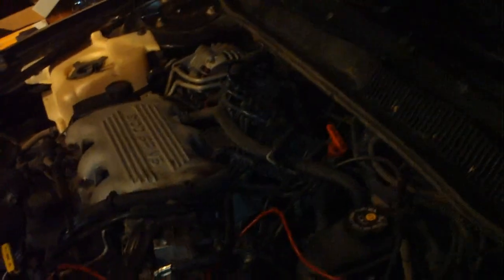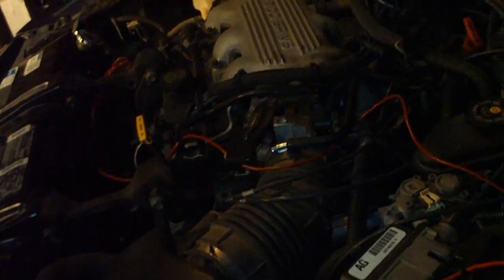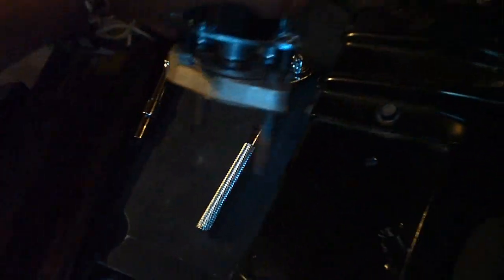You can just tell all that carbon on my finger just came off this wire. So that's all right there. I mean, that's a really small passageway, and even if that clogs up just a little bit, it's going to make the service engine soon light come on, even just the slightest bit of clogging in it. So, and if your EGR valve is good,